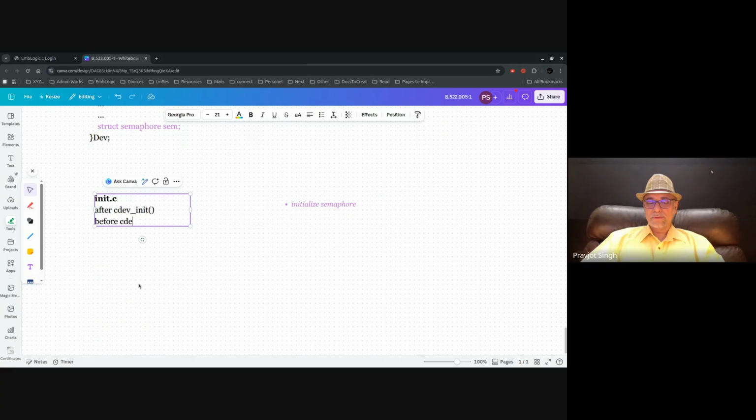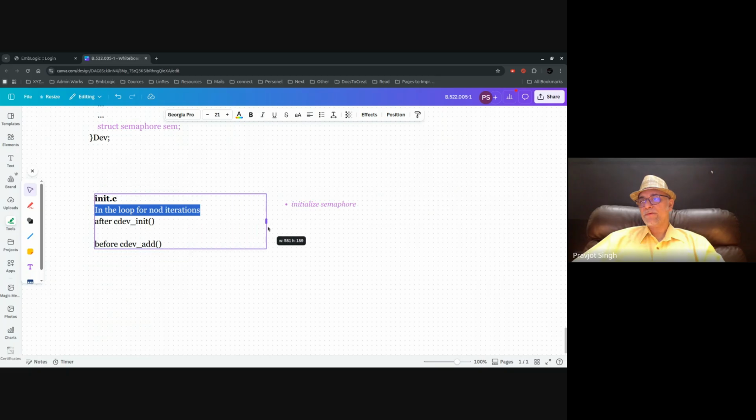Before cdev add, in between these two, you are already in the loop for NOD iterations, right? Inside the loop, you are doing cdev init and cdev add. Here you will do